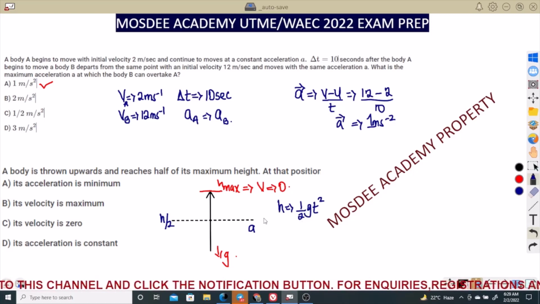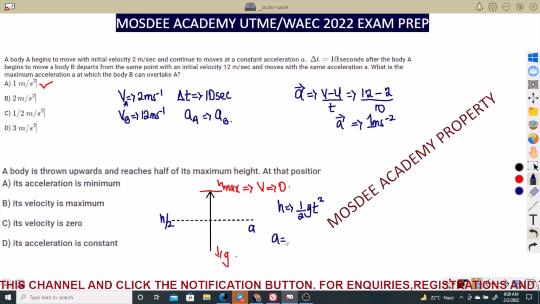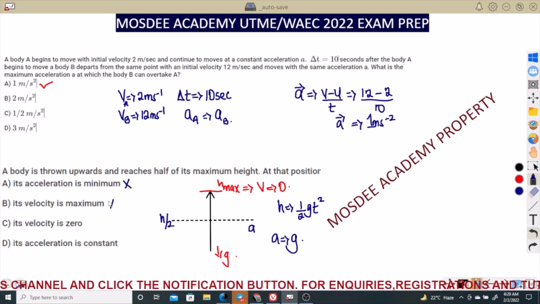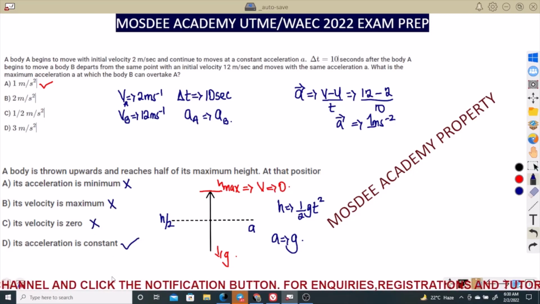And by doing that, the only force that is acting on the body at half of its maximum height is the gravity. And the acceleration is equal to the gravity at that point. So that is the relationship. And from that, we can say the velocity is not zero, only at the top is the velocity zero. The acceleration is constant. It's very correct. So guys, understand the concept, understand how to solve questions. It will really help you.